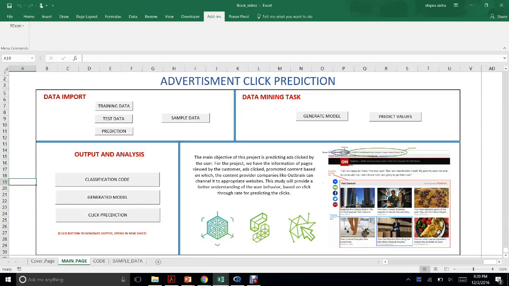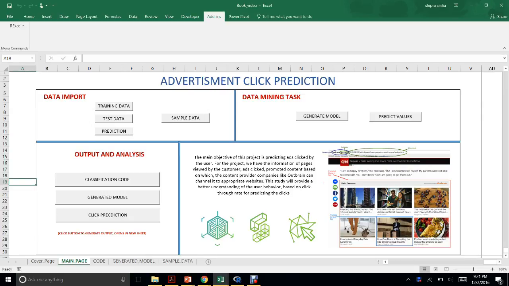So after storing the data and seeing the code, we can run the data mining algorithms. But since the algorithm is taking a lot of time, we are not going to demonstrate it here. We can generate a model by clicking on the generate model link and predict values, and after generating a model we can use that to predict the values for the data to be predicted. Since we have already generated the model and stored it here, we can see our model.